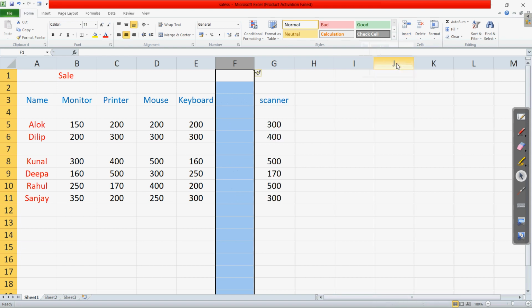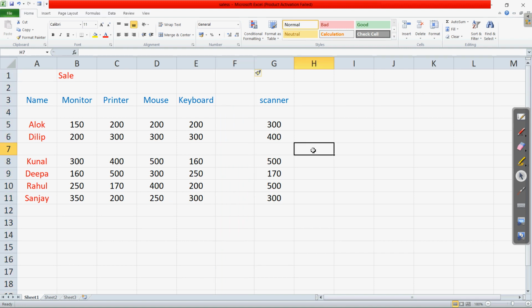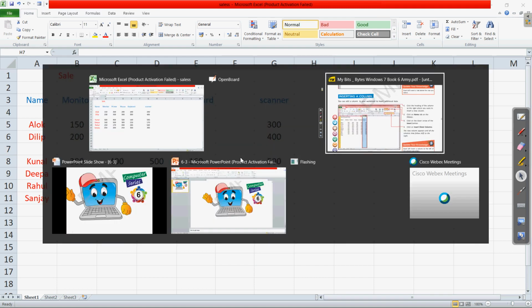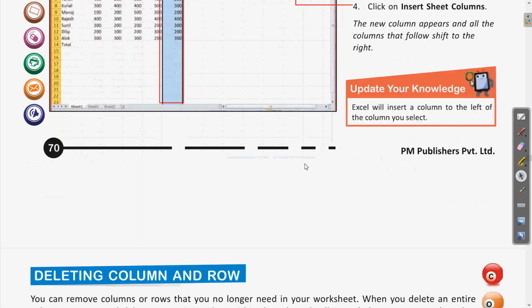When we click this, a new column is inserted between the keyboard and scanner, that is to the left of the earlier one which we have selected. Clear? So this way we can insert a row and column in an existing worksheet or the table where the data you have entered. Now come again to the book.